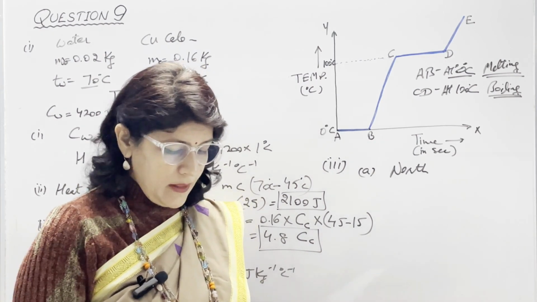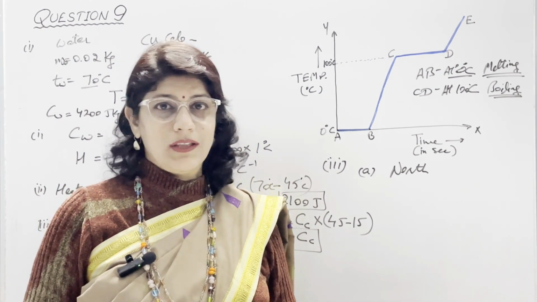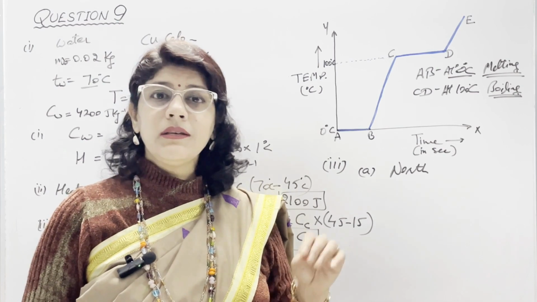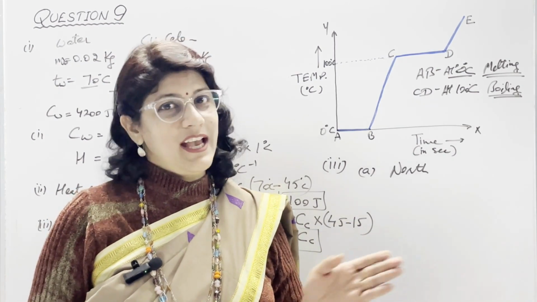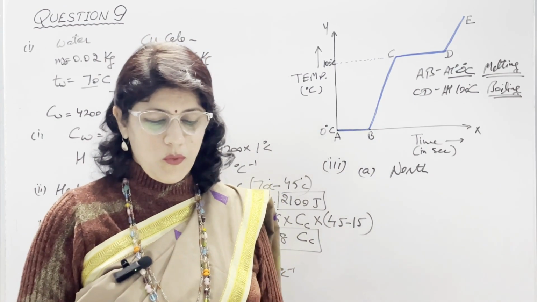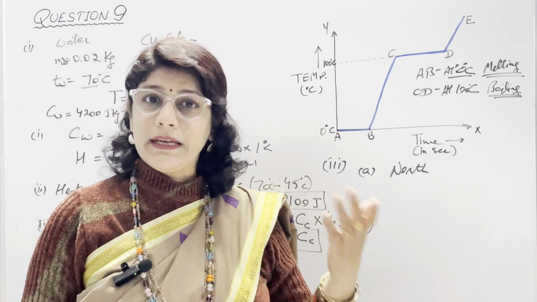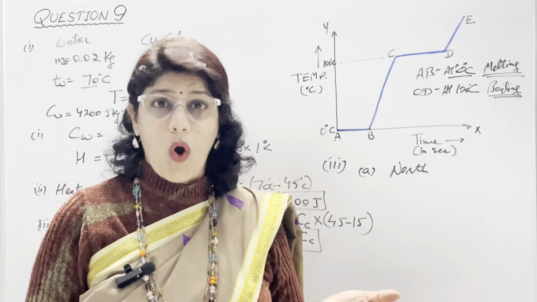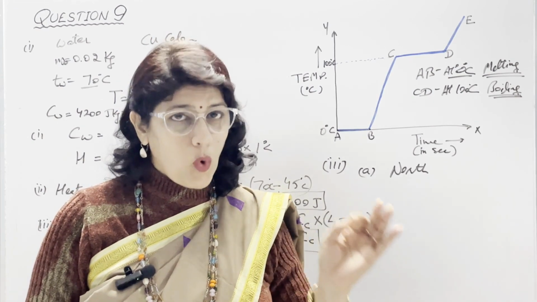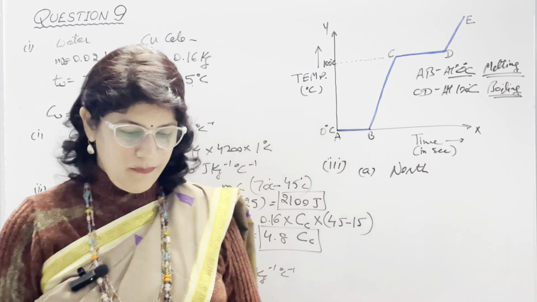And in third part, state two ways to increase the strength of solenoid. In the last 10 years, I have never seen any question paper in which this question has not come. So this is a very important question. Two ways to increase the strength of solenoid are by increasing the current through it or by increasing the number of turns of the coil. You need to mention the word coil also here. And then third is soft iron core insertion.